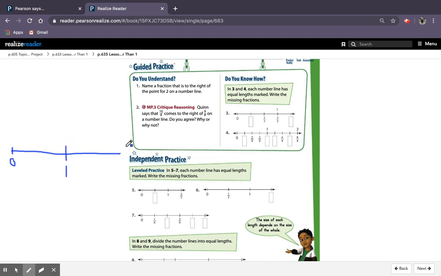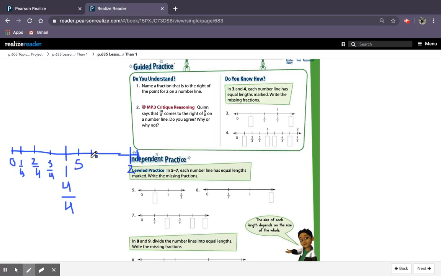I'll make this my 1. And then my 2 I'll put here. Okay, so I need a fraction that would be right here, basically. So if I were to do, say, this equals 4 over 4 right here. So this is 1/4, you get it, 2/4, 3/4. And then after this would be